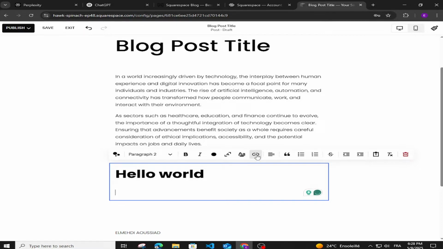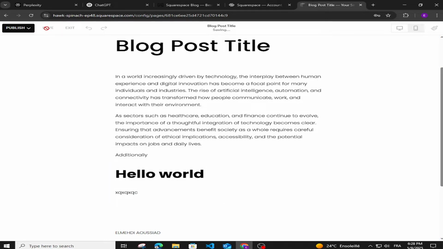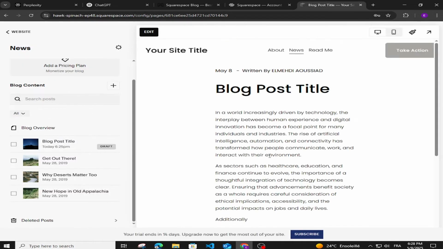You can add links here. You have the link here. You can also align your own text. For example, here I can just select this text and I can make it like this, or I can make it centered. I'll just put it on the left here. I'll just click save, exit. So now I have a blog post here,